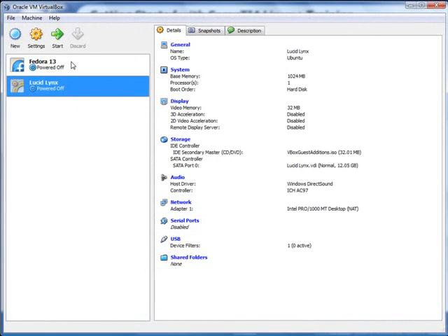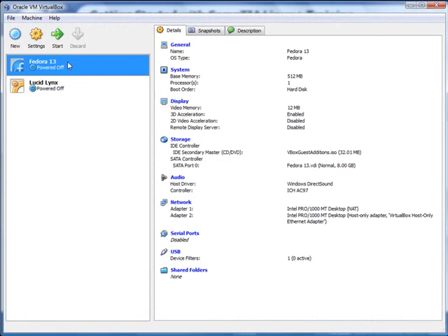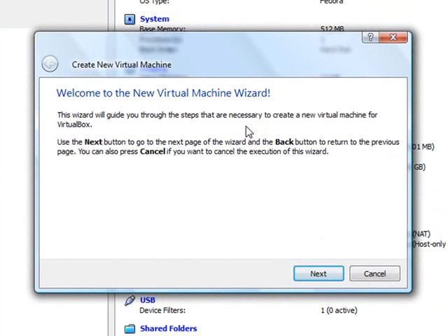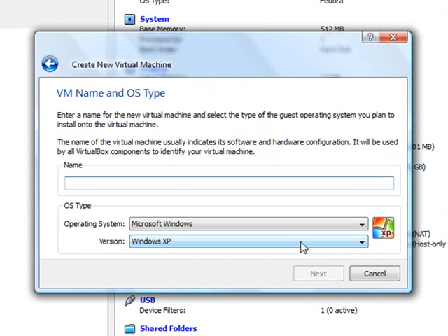Okay, so we have VirtualBox started, and as you can see, we have the two virtual machines that I've already set up for our test systems. But since we want to create a new one, let's click on New. After the welcome screen, just click on Next. Now we enter a virtual machine name, and I'm just going to call it Fedora Test, or TST. Then make sure you select the correct operating system and the version,